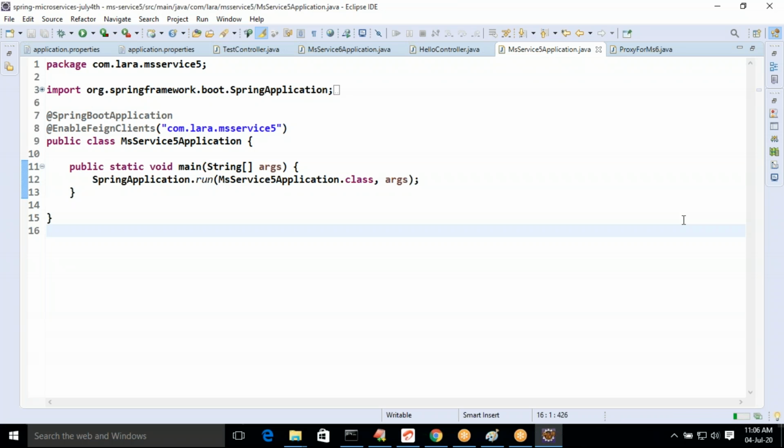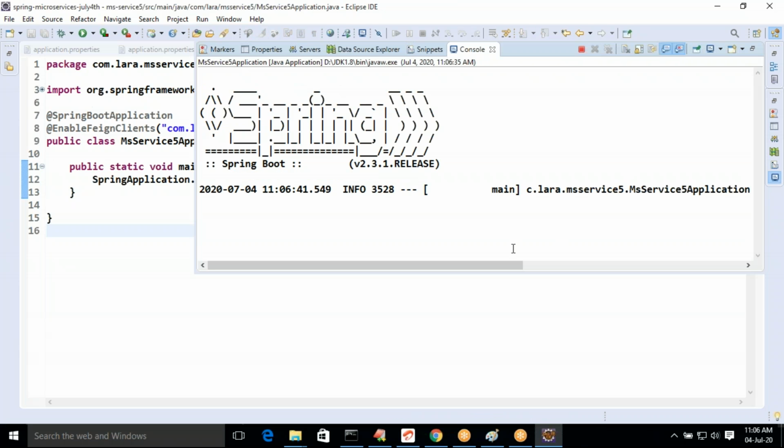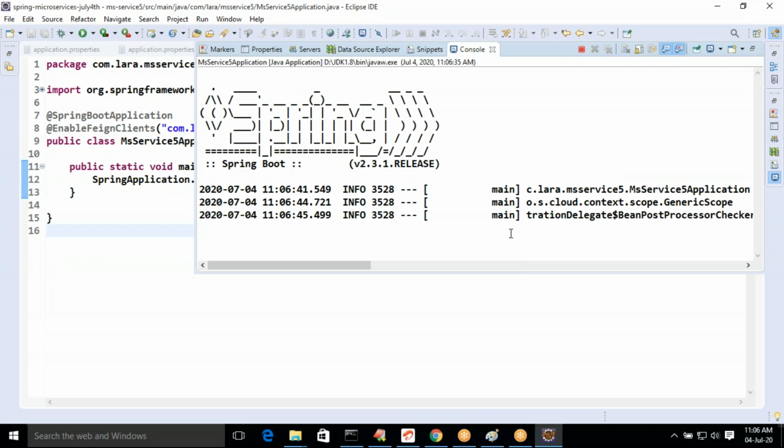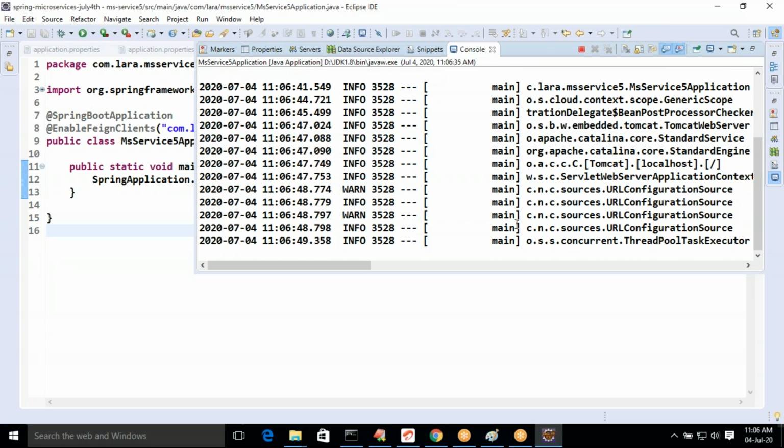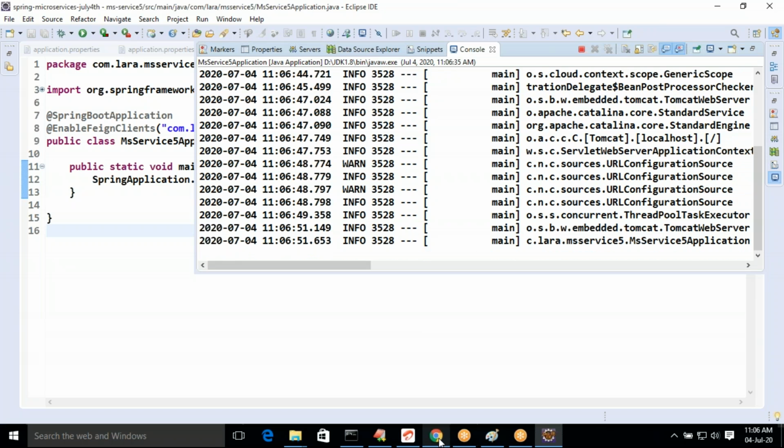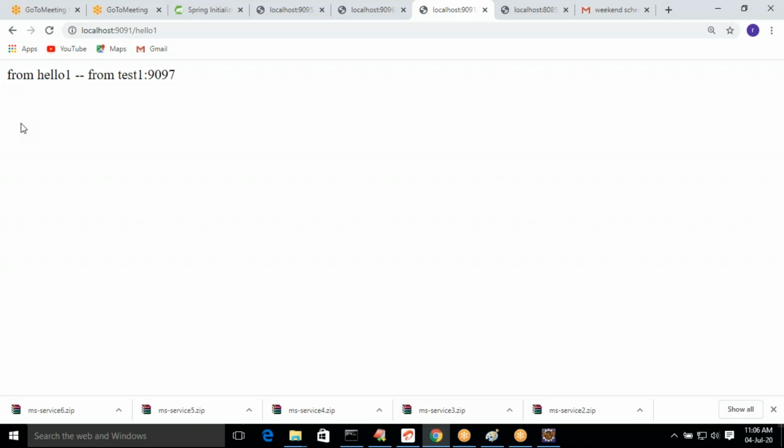Control F11. Now open a browser, give a call to.